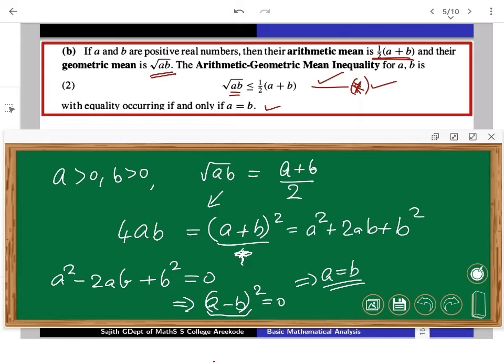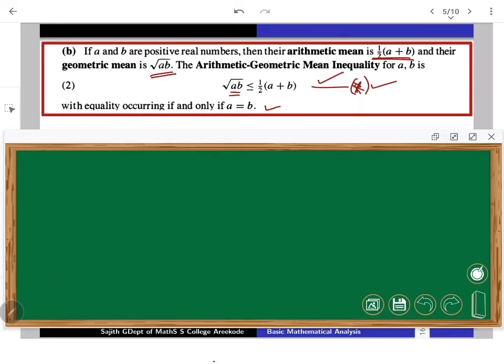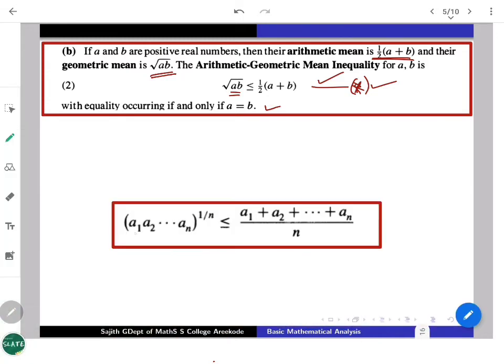That's what it says. It's again very much powerful, but these are with two real numbers. Inductively one can go further. If you have 3, if you have 4, one appropriate geometric and arithmetic inequality can be proved. For the sake of completion, I'm writing that also. If you have a1, a2 up to an all positive, multiply them, the GM you write down, nth root of that thing, that should be again dominated by the arithmetic mean of these n quantities, a1 plus a2 plus up to an, by n. So this one can do as an exercise.